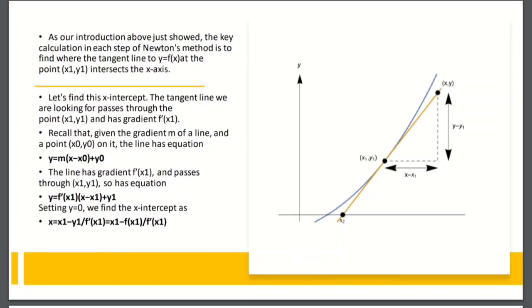Setting y = 0, because we are finding the root, the functional value is 0, we get x = x1 - y1/f'(x1). y1 is nothing but its functional value at the point x1. Here finally we got that x2 = x1 - f(x1)/f'(x1),